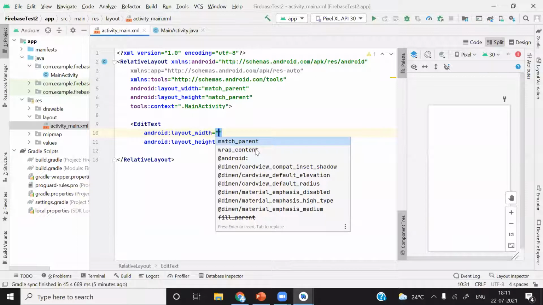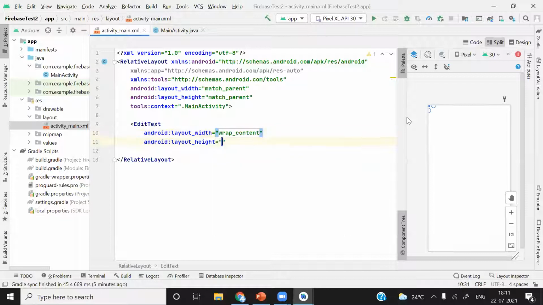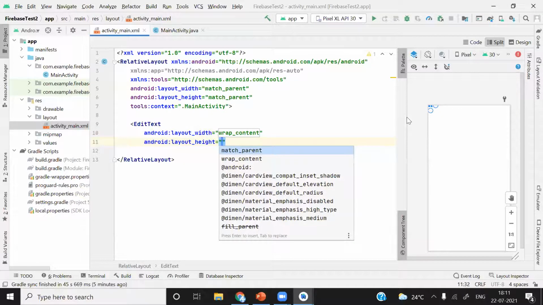It depends upon the user, whatever text they are typing. According to the size of that text, it will take this space. So instead of match parent, I will make it wrap content. So it will wrap the content. Hit enter. And for the height also, I will make it wrap content.